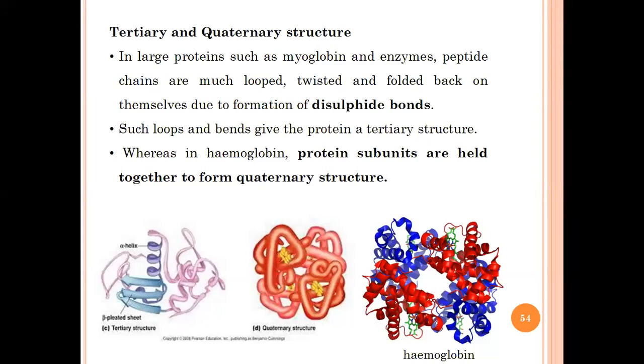And as I mentioned, a few proteins require multiple subunits to be a functional unit, and that's called a quaternary structure. The best example is hemoglobin. You can see there are 4 chains, so it is basically known as a tetramer. There are 2 kinds of chains in hemoglobin: alpha chains and beta chains. There are 2 alpha chains and 2 beta chains. So we can say dimer of alpha, dimer of beta, or we can say it is a tetrameric protein.